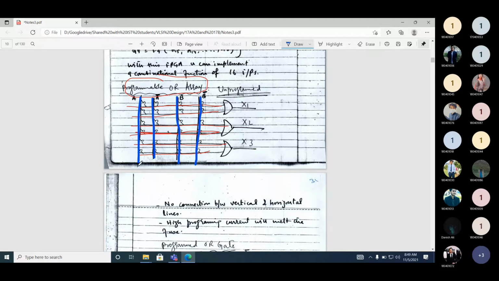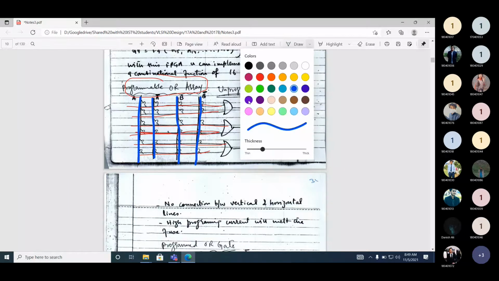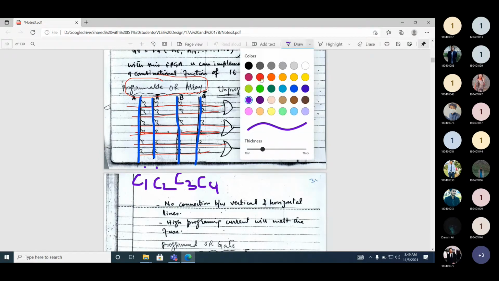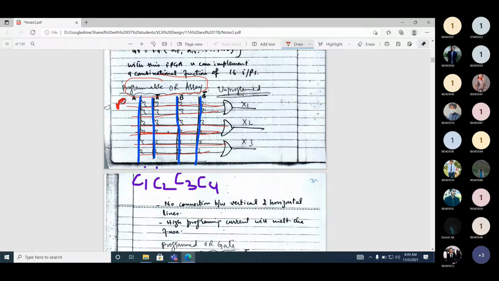So let's assume this is column C1, column C2, C3 and C4. And this is row 1, row 2, row 3 and row 4.